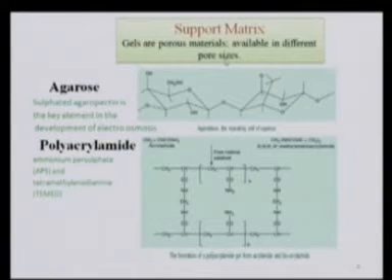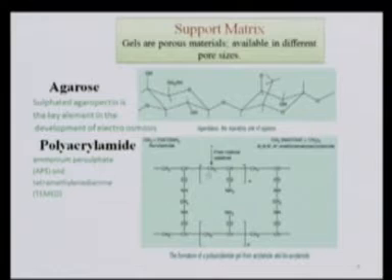The majorly used gel materials are made up of either agarose or polyacrylamide. Coming to the agarose, here the structure of agarose is like this, and this is a unit. Here we are showing a unit of the agarose, and this sulfated agarose is a key element in the development of electroosmosis. The second one, in this picture, is polyacrylamide, and polyacrylamide is a derivative of both acrylamide and methylene bisacrylamide.